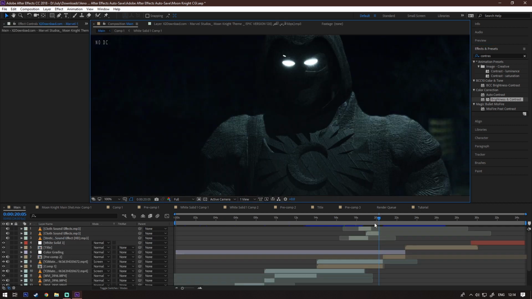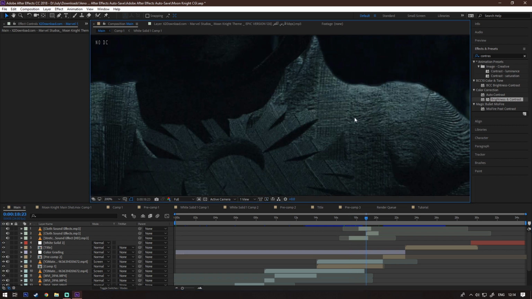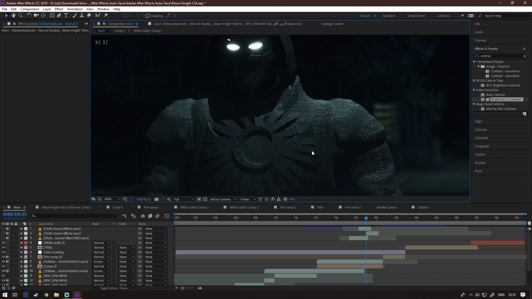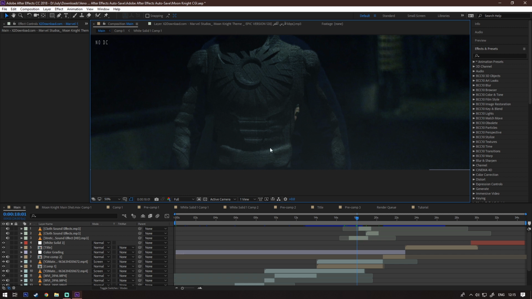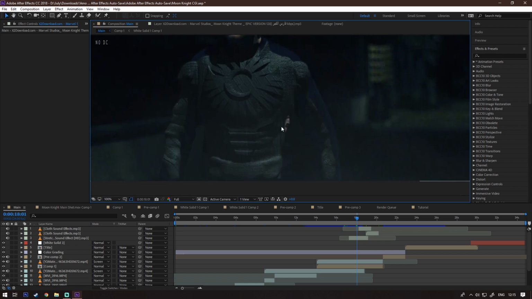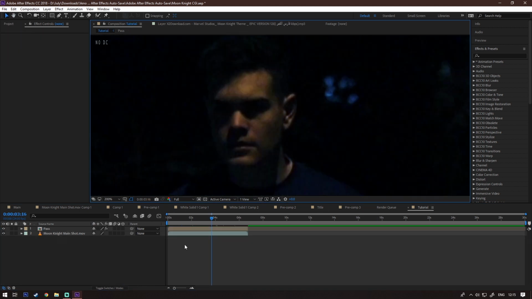So now in here to the whole comp, I added some noise, because there is noise in the actual footage, and you need to kind of match the noise. I obviously added some fog on top of everything, just to kind of tie everything together. The last thing I did is these glowing eyes. The way you make these eyes is